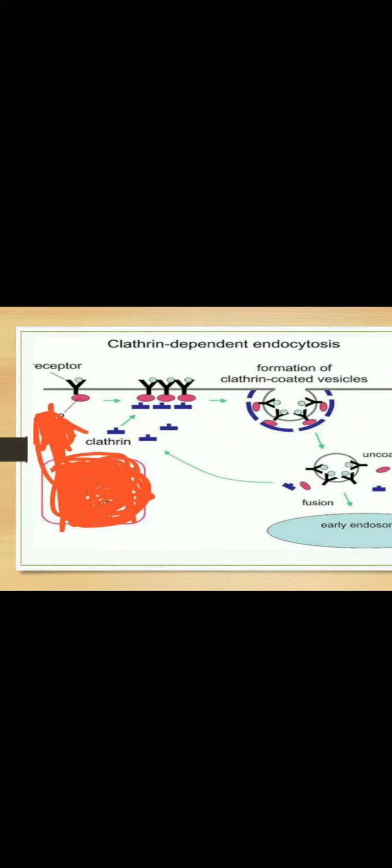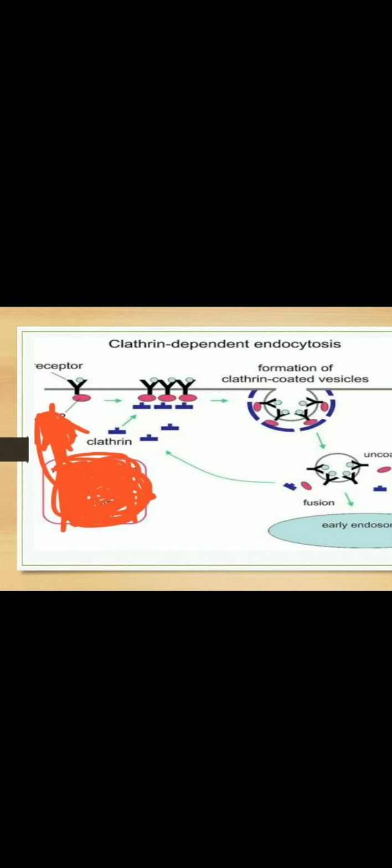So what is happening? This is the clathrin-coated endocytosis, or receptor mediated endocytosis. We have receptors on the plasma membrane, and when molecules, like a protein or any other component, get attached on the surface of the receptors, we have to form this in the vesicle form. So these clathrin proteins which are present in the cytosol go and attach to these receptor molecules. So they pull these receptor molecules,